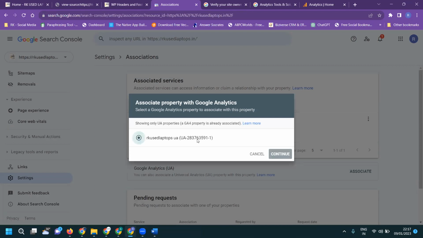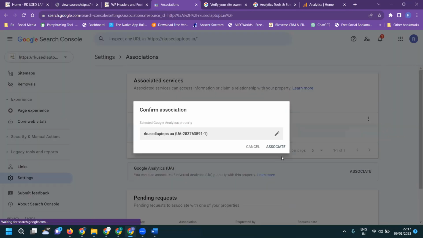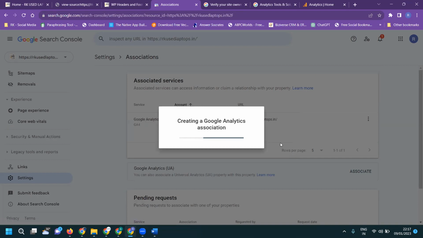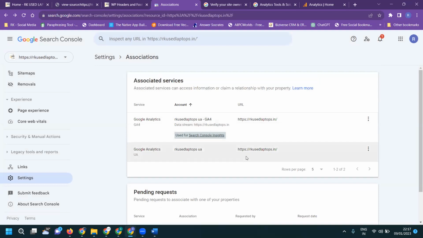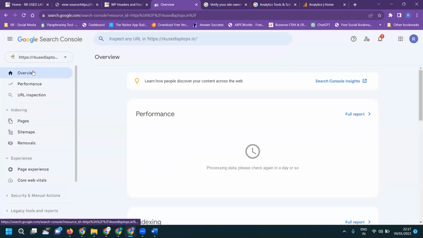Click associate only. Here is another option. Both can be applied to your Google Analytics 4 and Google Analytics Universal Analytics option. So this is the activation process we can give by the user's laptops to set up Search Console with the